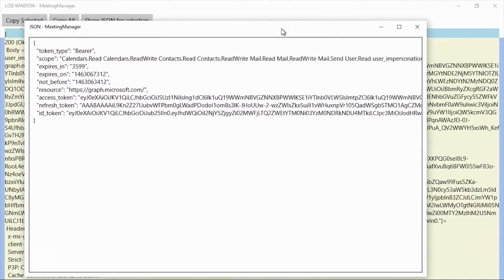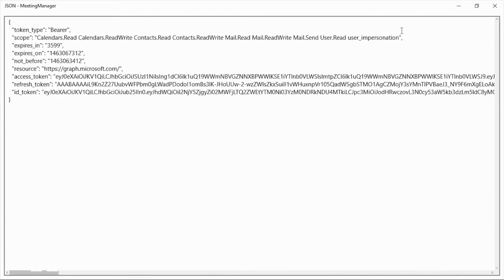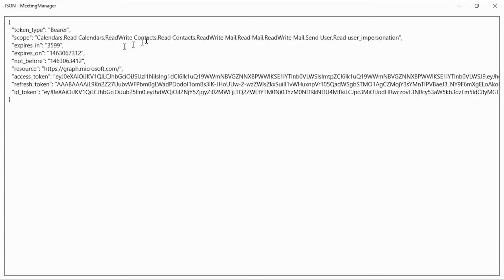We get several interesting things. This is scope, what rights I have. I can read calendars, I can read, write calendars, access contacts, read, write. Mail, can read, write, and send as user. Send as user is interesting, a special scope.